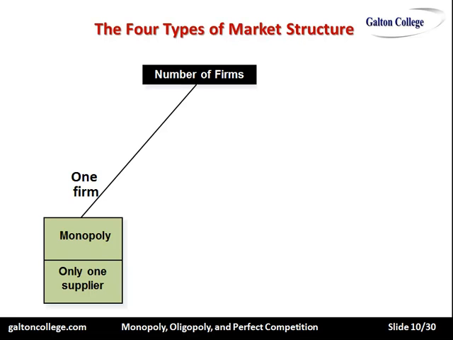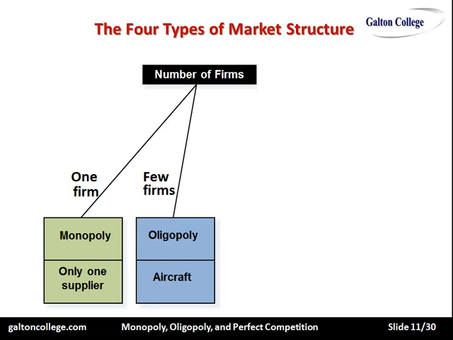Now, that's the theoretical view. As I said, legally it could be 20% of the market in the UK. But in terms of theory, a monopoly is a single seller. An oligopoly is a few firms. They are acutely aware of their existence and they try to differentiate their product, they try to outcompete each other, they try to innovate, change, and so on, to try and get an advantage over each other.